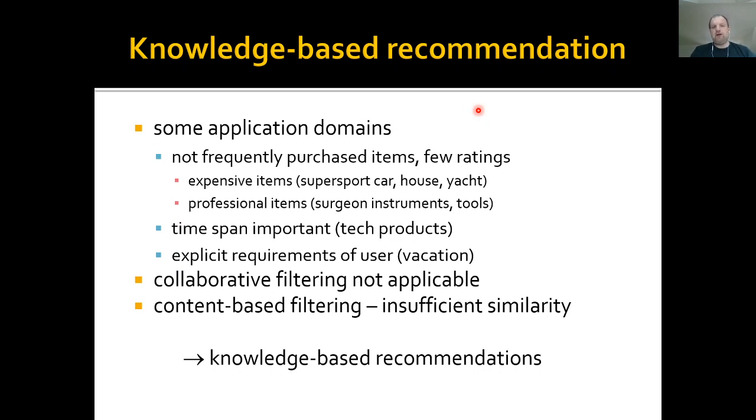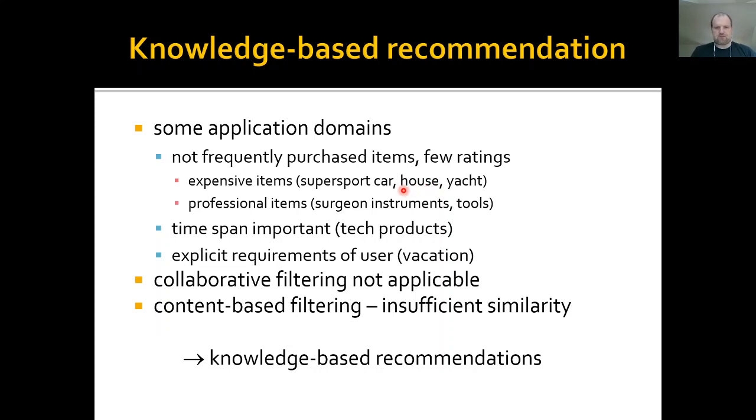The last category is knowledge-based recommendation. That is specific to some application domains where there are not frequent purchases of items and very few ratings, and this is quite specific for expensive items that really need careful thinking before the purchase, or professional items. So if somebody wants to buy a house, he will probably not be satisfied with collaborative filtering. First, because the other users probably did not buy exactly the same house, and also we probably want to have much more